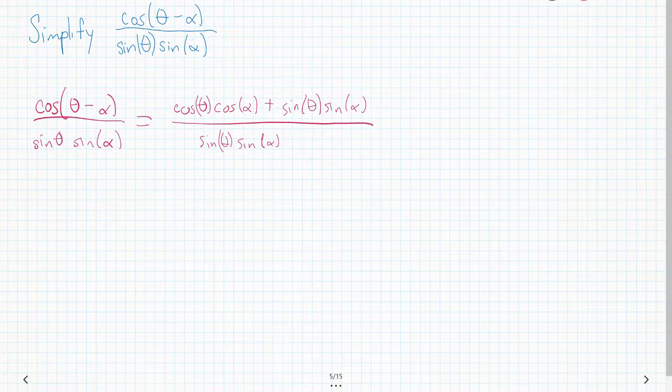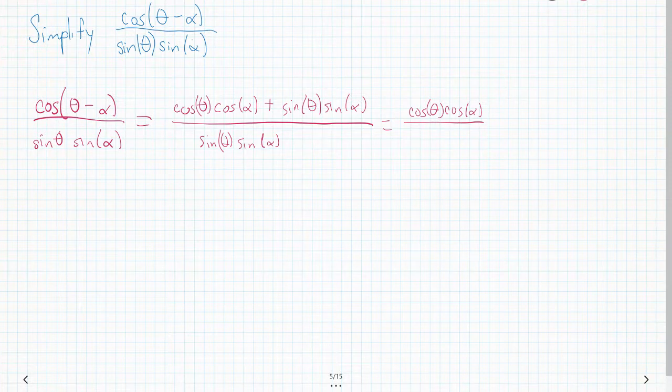And the reason I want you to see this one is because a lot of people struggle with these fractions. How do you break this thing up? Well, break it up into two different fractions first, because you have that plus sign in the numerator. If it's a plus sign in the denominator, it's a lot harder to work with. But since there's a plus sign in the numerator, you can write this as cosine theta, cosine alpha,